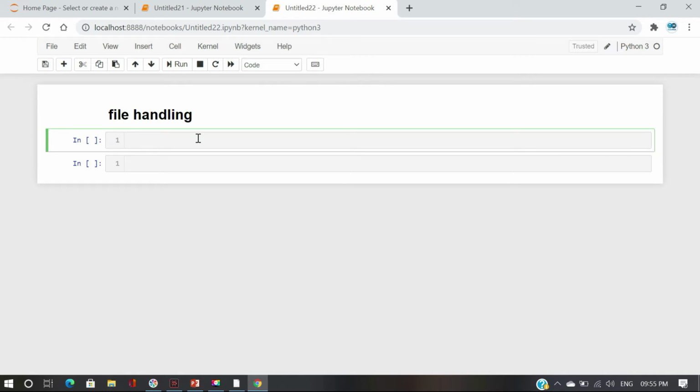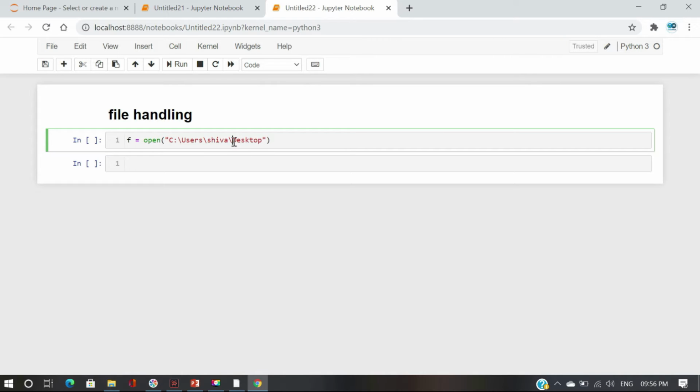I want to create an empty file by using X. Let's give a file name, F equals open, and within the parenthesis, in double quotes, copy the desktop path. I need to create this file on the desktop, so I copy the desktop path and paste it here.